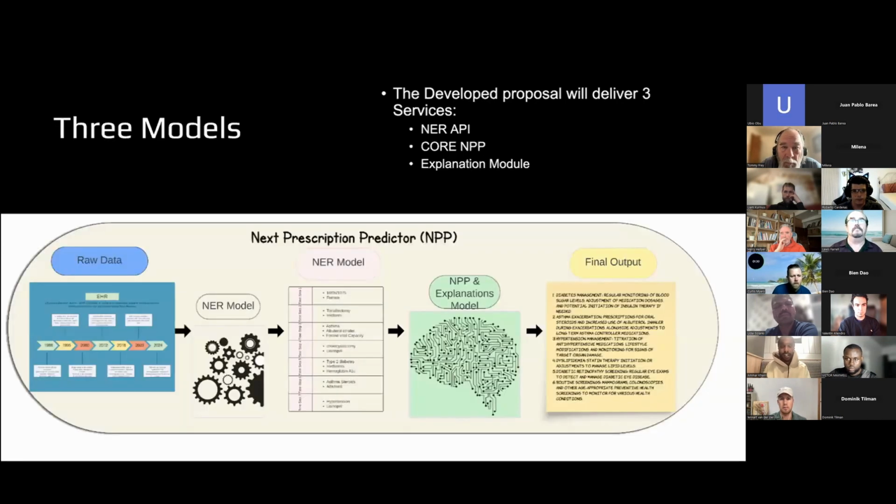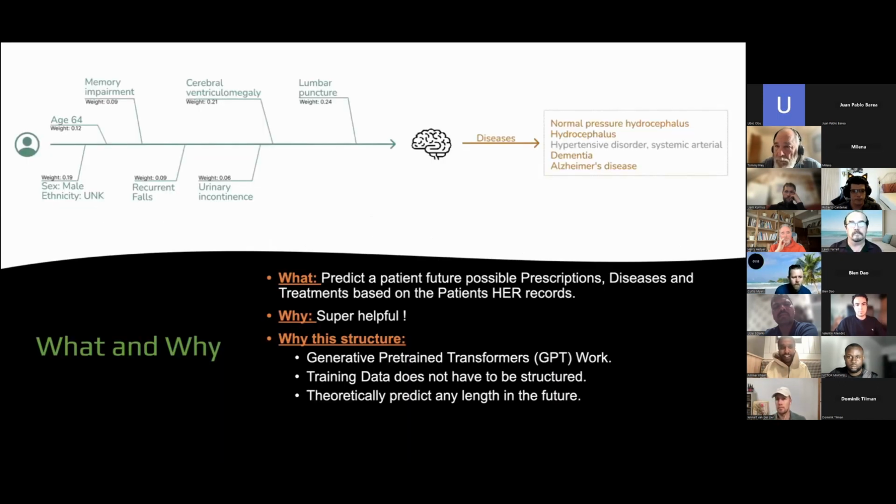So what are we exactly trying to do? We're trying to build a whole pipeline where we start with the raw data, like the medical notes written by the doctors and the patient medical history, which is usually raw text. We use what's called an NER model, or named entity recognition model, that extracts keywords like memory impairment, recurrent pulse, sensitivity, age.